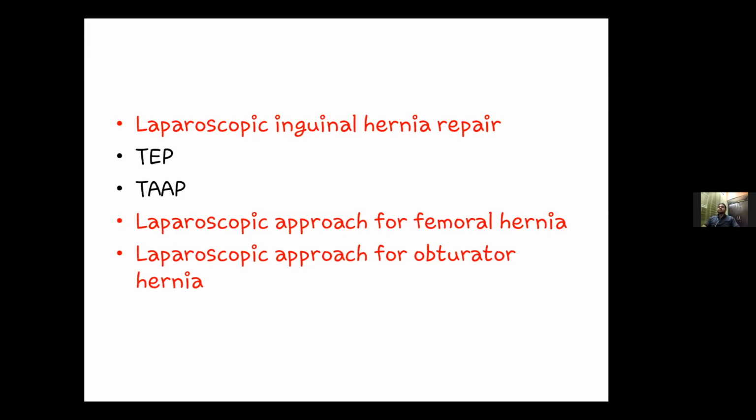The technique has been described and extensively studied in a randomized trial. The total extraperitoneal approach is much used compared to the transabdominal approach. The aim of both surgeries is that the surgeon reduces the hernial content and the hernial sac after entering the abdomen, and a large mesh measuring 10 into 15 centimeters is placed